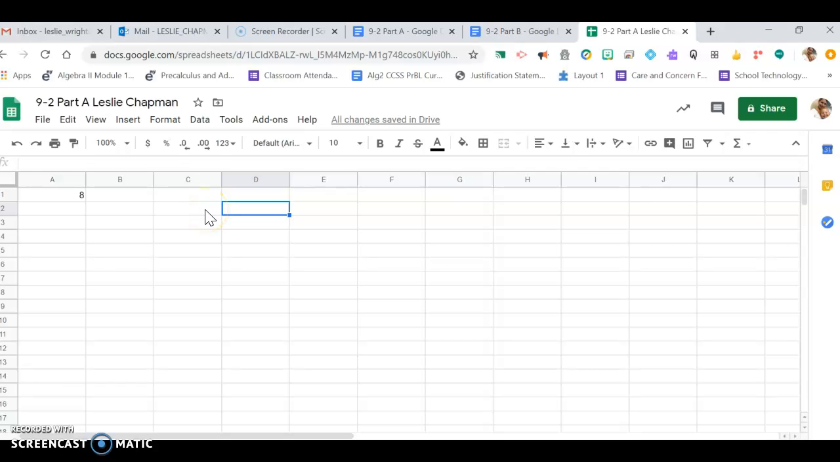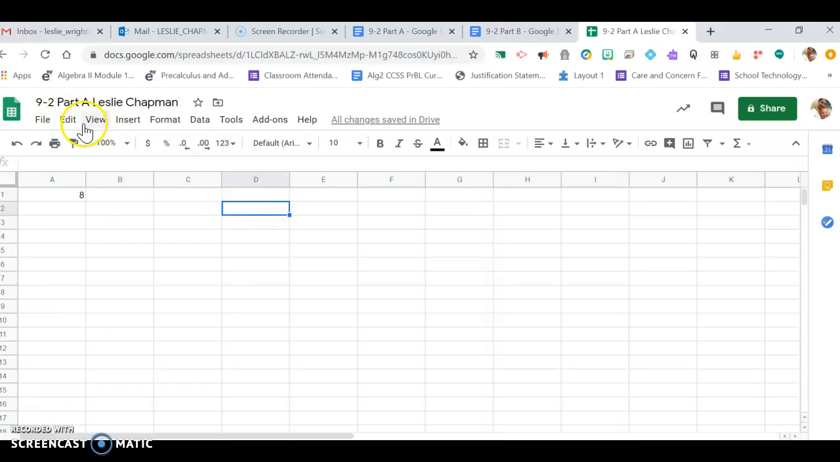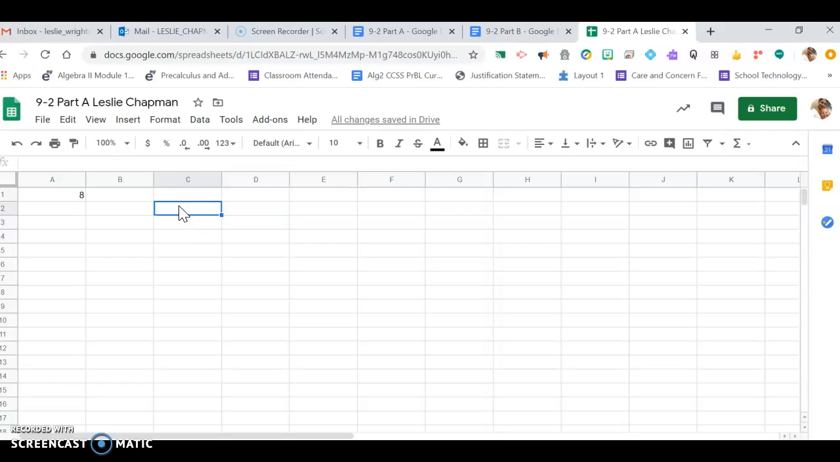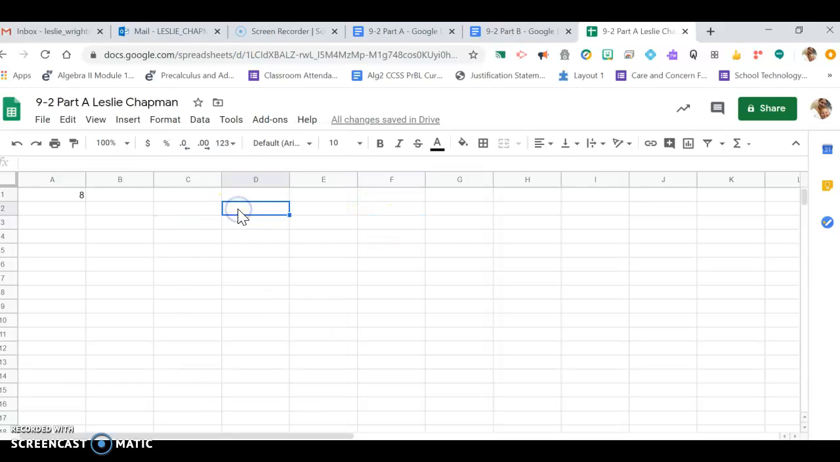And if you don't know how to copy a cell, all you gotta do is select the cell. You can do edit, copy, and then go over to D2 and push edit, paste, or you can use the 2-finger method by tapping your touchpad with 2 fingers and it'll come up like so. And you can go ahead right here and click copy and then go over here and do 2 fingers again